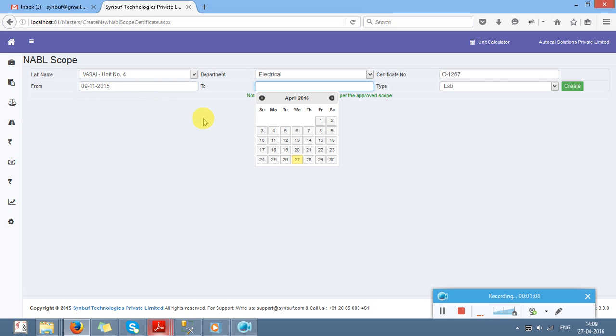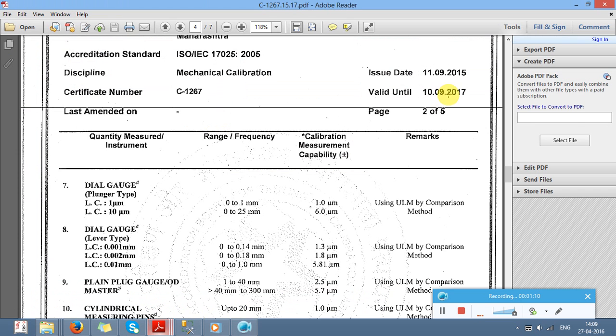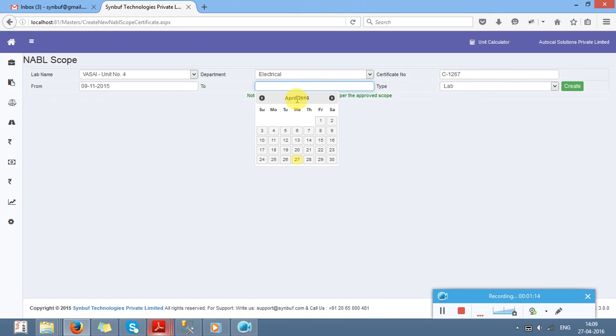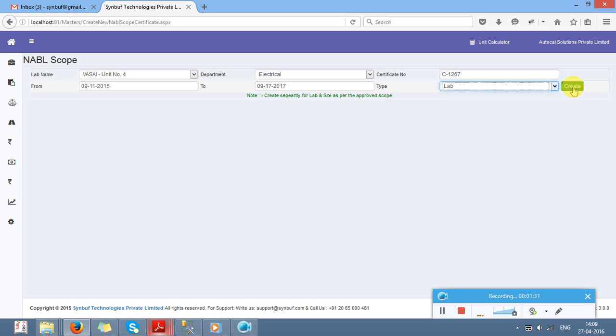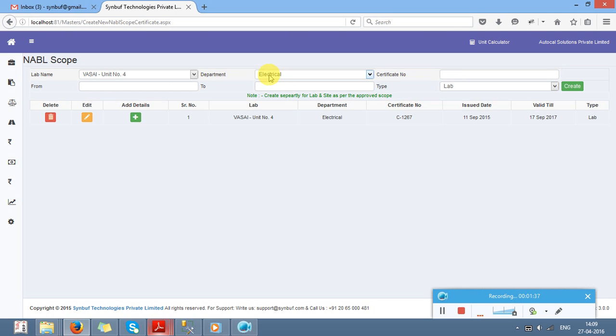2015, right? And the issue date and due date is valid. It is for the 10th of September 2017. So I will go for the 17 September. This is my 17 September 2017. Then I will create for the lab the same way. I will create one more for the site also, right? The site